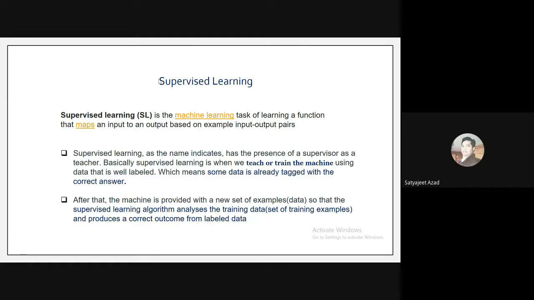Okay, so supervised learning, as the name indicates, has the presence of a supervisor. You give some kind of training to the machine, that is something called supervision. Basically, supervised learning is when you teach or train the machine using data that is well labeled. I'll explain what labeled data and unlabeled data are in a coming slide. Typical supervised learning works under supervision. You try to teach or train the machine based on your historical data, that is the labeled data. Input and output should be there. In supervised learning, your data set must contain input and output pairs.